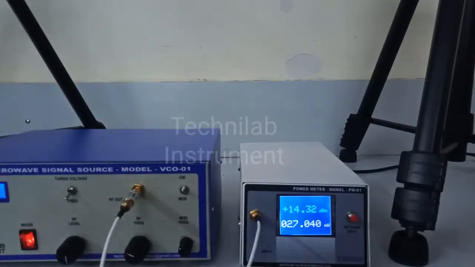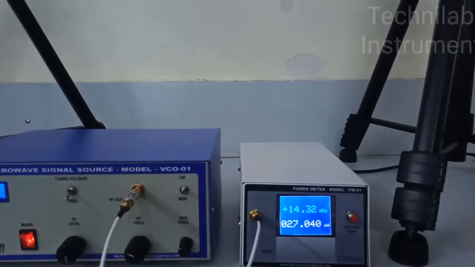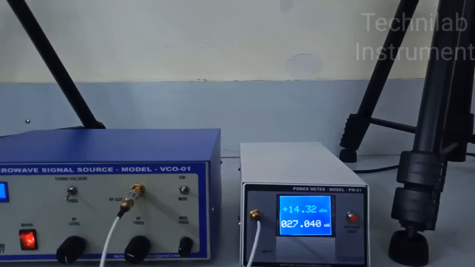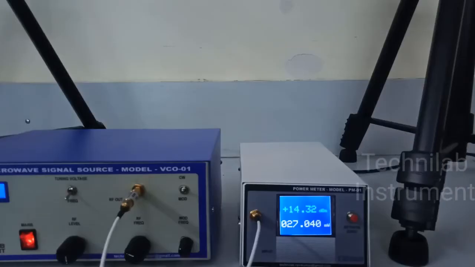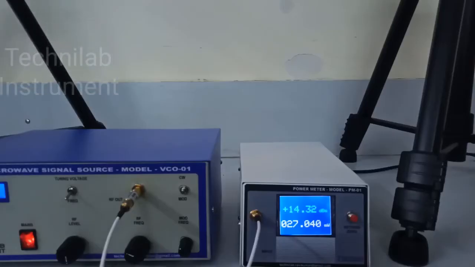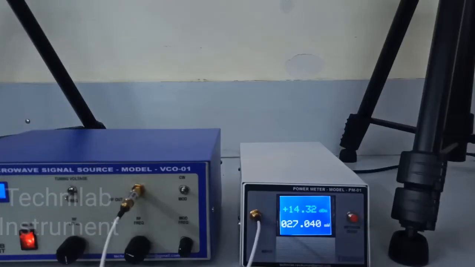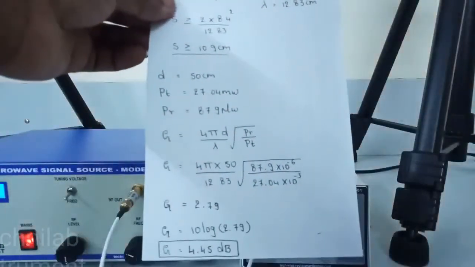Okay, this is your transmitting power. So transmitting power over, received power over, operating frequency already known, and also the distance between Tx and Rx. If you have these four readings, you are able to calculate gain. That's it, finished. I will show you the calculations, then we will do the radiation pattern. So I finished my calculations.